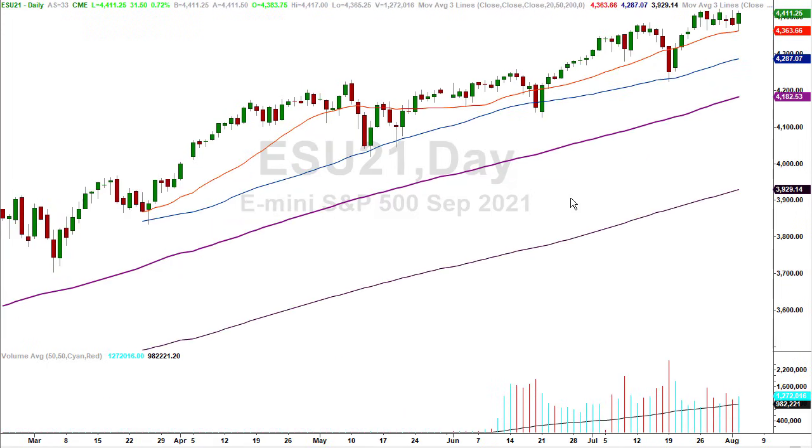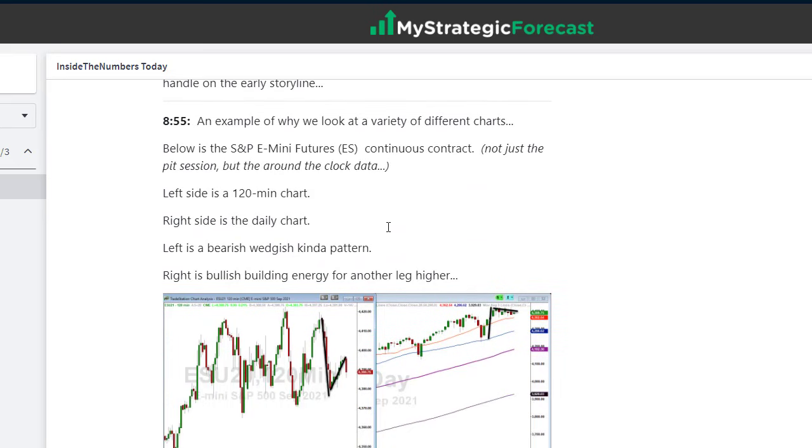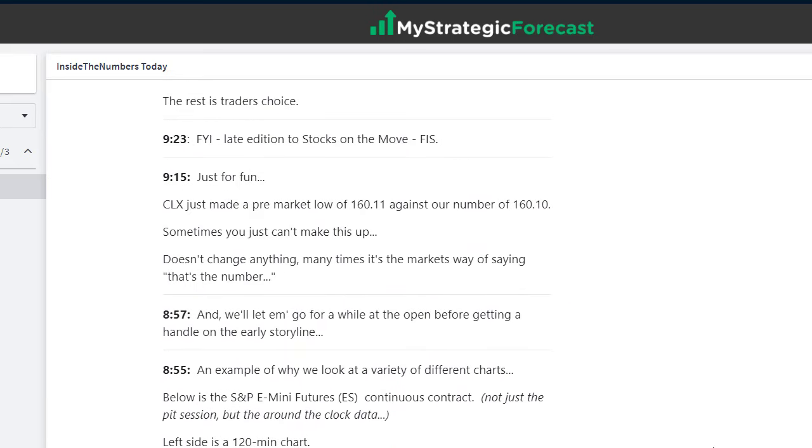We know what the daily chart looks like on the SPY. This is the ES chart. Same deal. They were eating time off the clock above the moving averages. Here's today's candle, and they're starting to push higher. So I thought that was interesting to put on the board bright and early. We're moving along. Let's see what else we have.